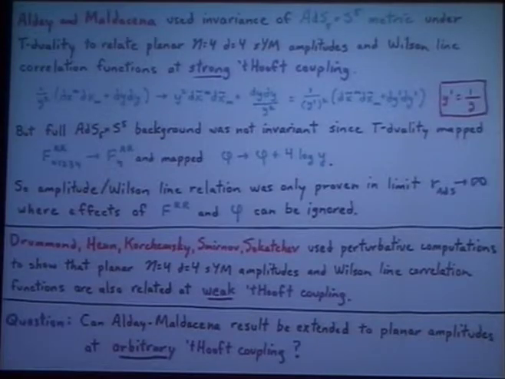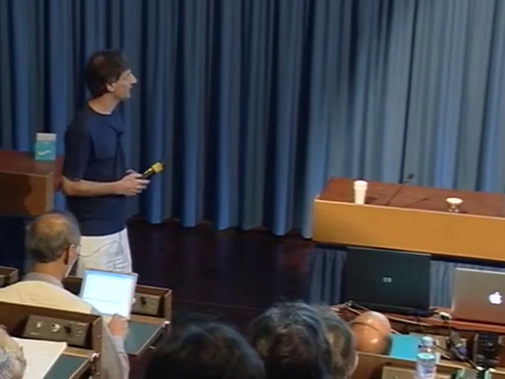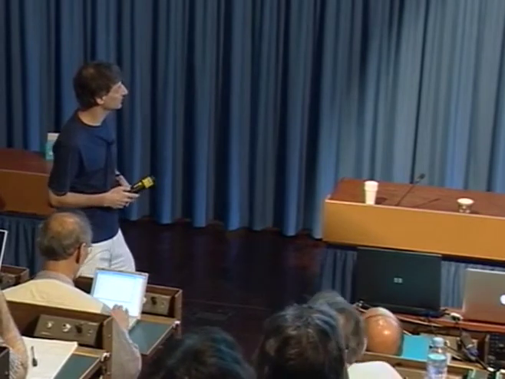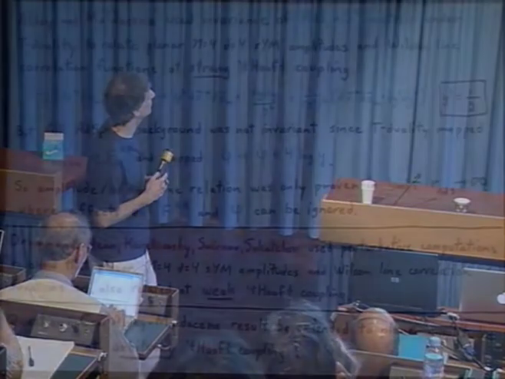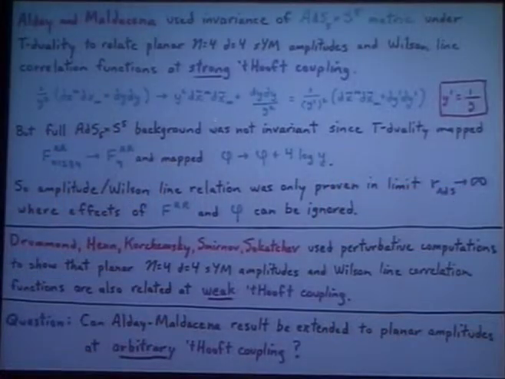Okay, so just for people who missed Lance's talk, Lance gave a nice introduction about these dual conformal structures. So it started with work of Alday and Maldacena last year, who used the invariance of the AdS5 times S5 metric under just the usual bosonic T-duality, to relate planar super-Yang-Mills amplitudes and Wilson line correlation functions at strong 't Hooft coupling. So it was strong 't Hooft coupling they had to use because if you look at how